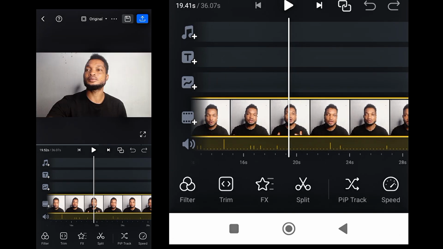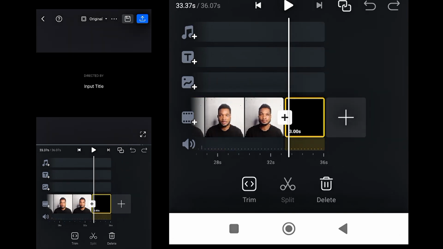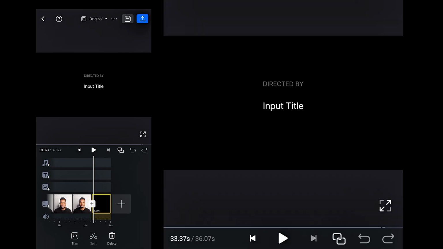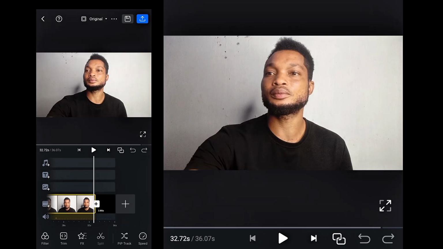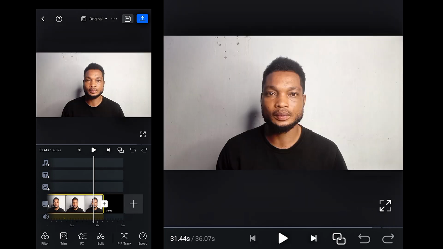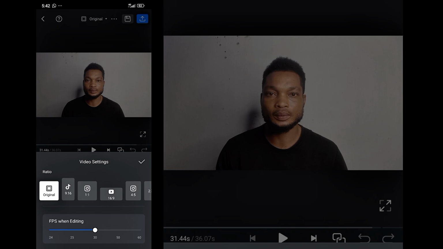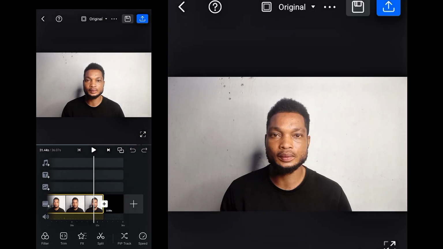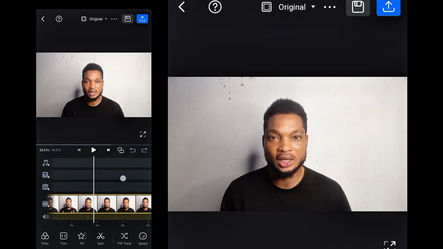And then if you are ready, you also have where it says directed by, input title down there. If you don't want that, you can delete it. As at work in Capcut, you have Capcut appearing at the end here. They just leave that space for you to put in whatever you want to put in. So for instance, you want to change